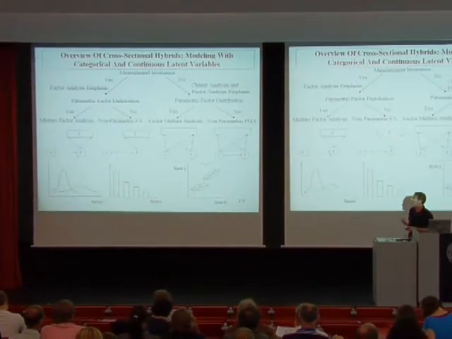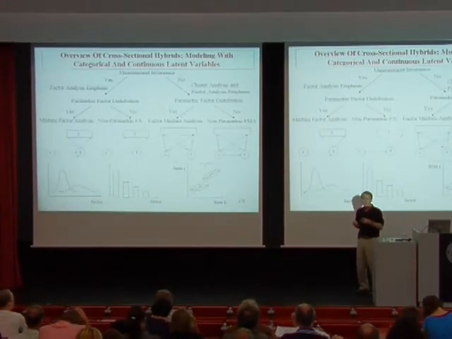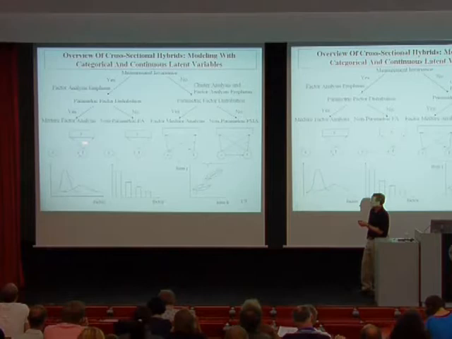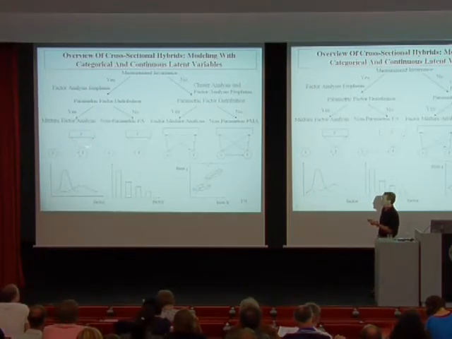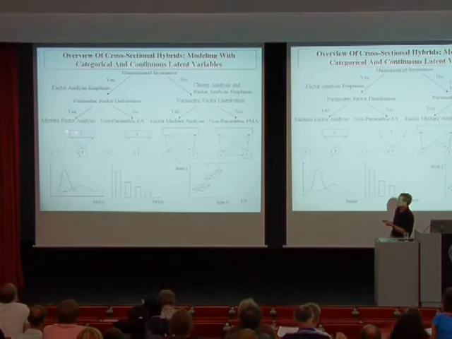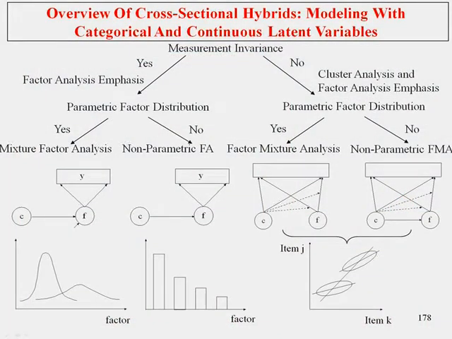Although there are some exceptions to that, one exception being the growth mixture model that we're going to talk about tomorrow, where you do assume that you have invariance here, same growth shapes in that setting for different classes, but the growth factor means are different and change the means of the observed repeated measures. Now we have one more path to go down, no measurement invariance, and not the parametric factor distribution, no normality. So we have the non-parametric FMA,